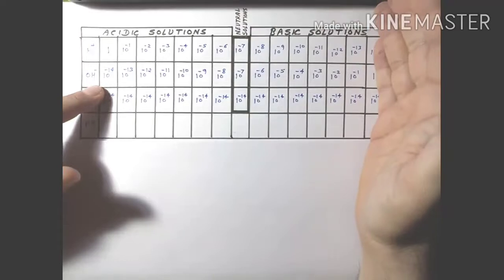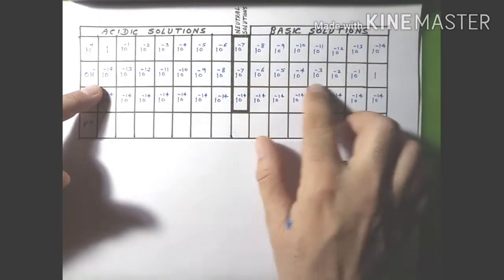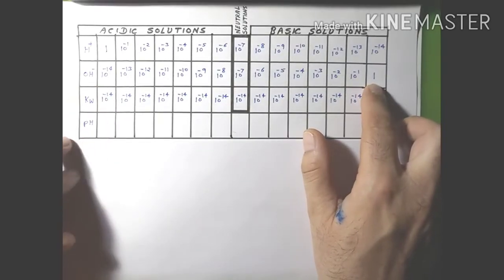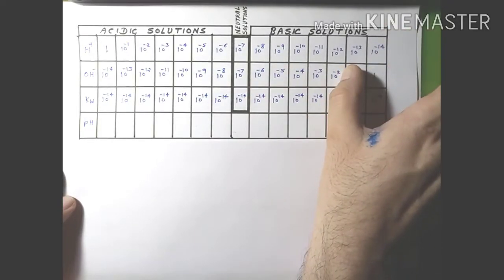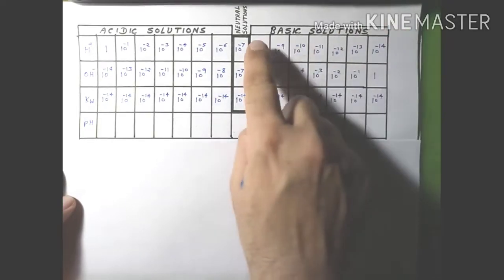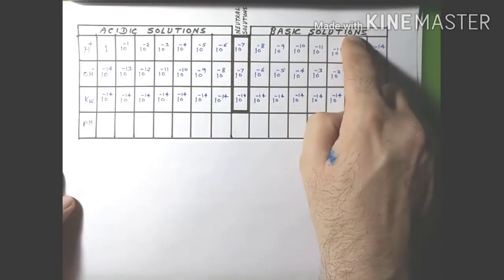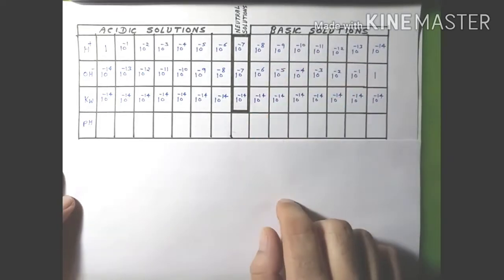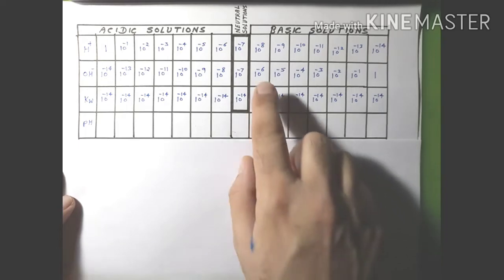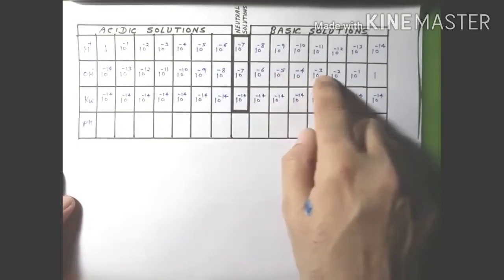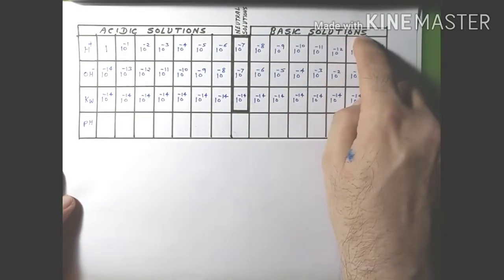Now from this side to this side, if we see, here the H plus ion concentration is less, but the concentration of OH minus ion is greater. And we can say that since on this side the concentration of OH minus ion is dominating over the concentration of H plus ion, that is why these types of solutions are called basic solutions. अब यहाँ पर हम दो तरीके से basic solutions को define कर सकते हैं. What is the first way? In the first way we say, since on this side the concentration of OH minus ion is dominating over the concentration of H plus ion, that is why the solution is basic.